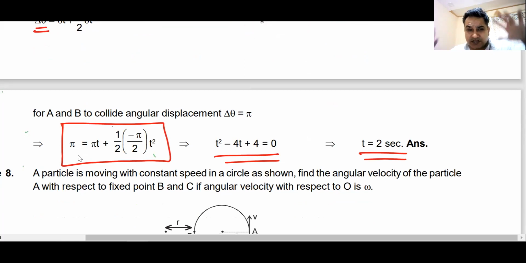Do we understand this? A very beautiful question. This question has come many a times in IIT. It was a question where there was a groove and two balls were supposed to collide with each other in the groove. That was the same question based on the same pattern. Do we understand this? No one understands this?